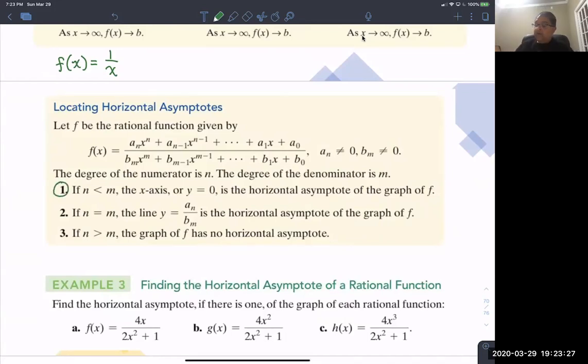Given a polynomial in the numerator, a_n x^n plus so on and so forth, over a polynomial in the denominator, b_m x^m, and so on. If the polynomial in the denominator has a larger degree, if the degree in the denominator is larger than the degree in the numerator,